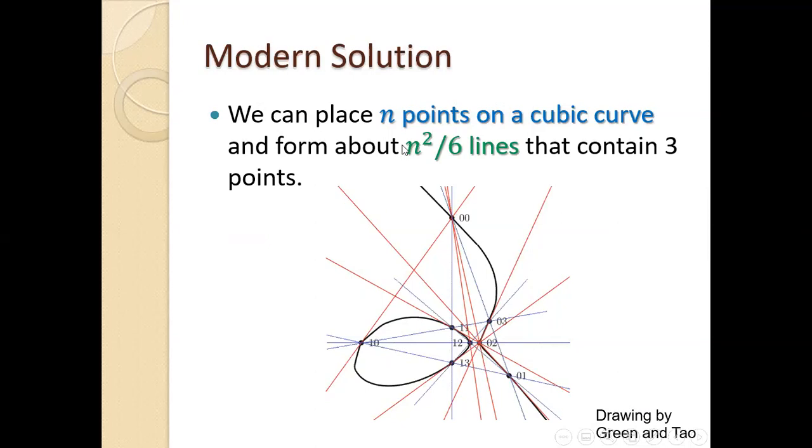Now, this is much better than what the question asks you. Imagine that n is 1,000. So you have 1,000 points and a 6-digit number of lines. That's so many more lines than points. It really crushes the problem. So it's much, much better. The number of lines is so much larger than the number of points.